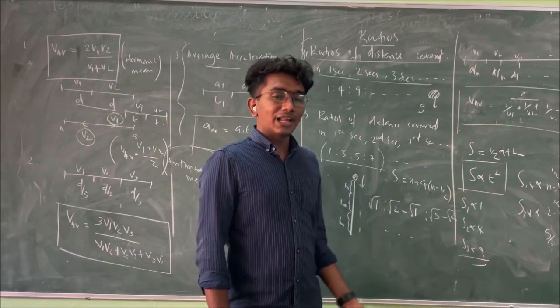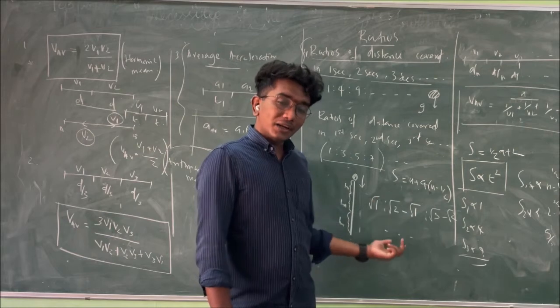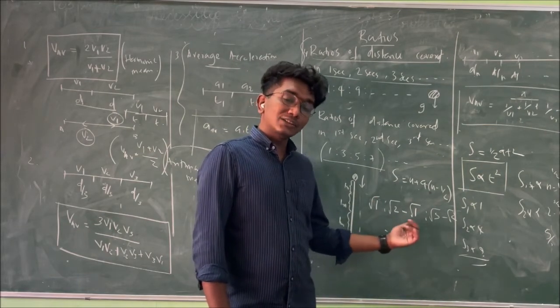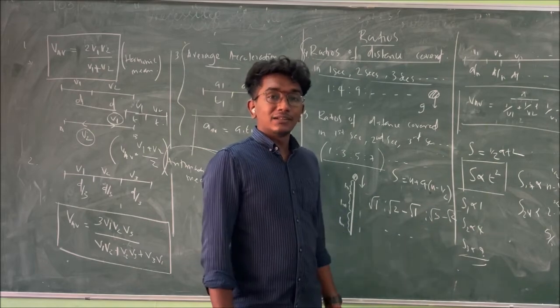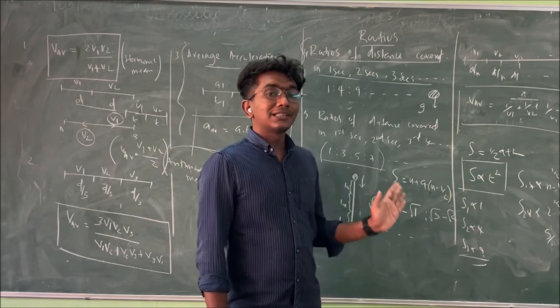Next then, what will be the value next? Root 4 minus root 3. Next step, root 5 minus root 4. Next step, root 6 minus root 5. You got the idea? That is the ratio.